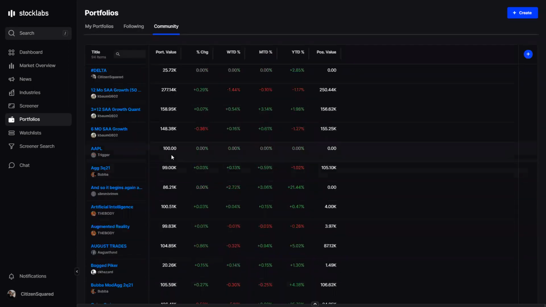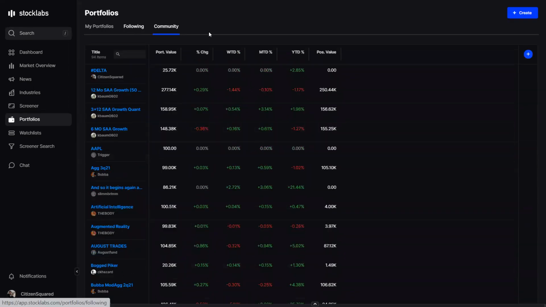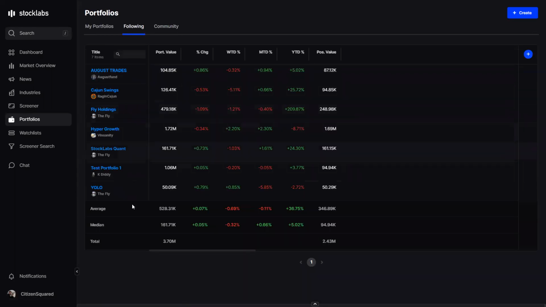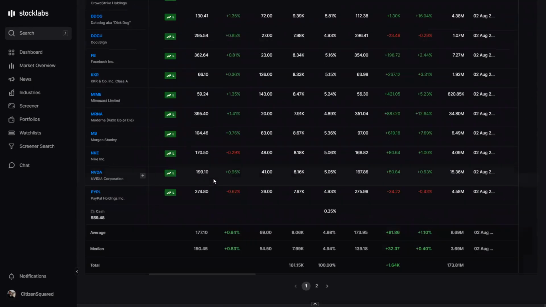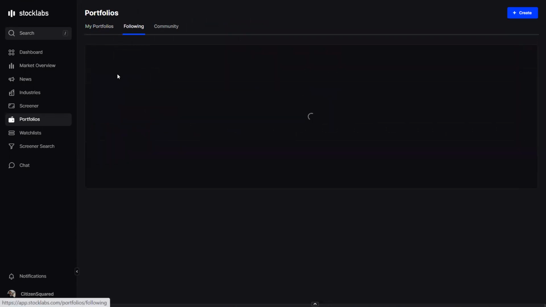But usually if you're looking through this list and you find one that you like, you're going to follow it, and then it'll be in your shorter list of following portfolios. So I follow Fly's Quant. I follow